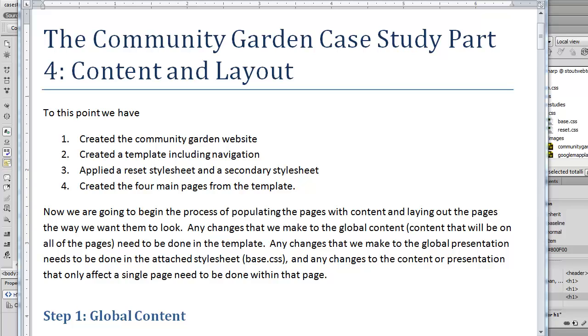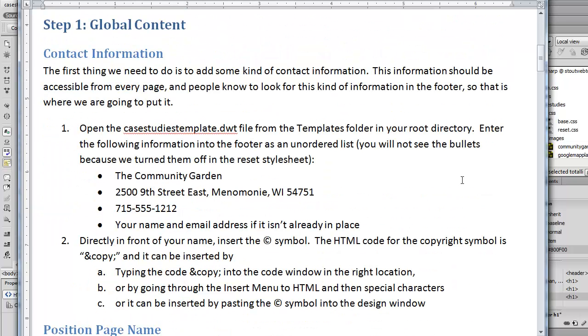Today we're going to be working on part 4 of the community garden case study. We're going to start working with a little bit of the content and some of the layout. So as we move down in here, one of the first things that we're going to do is we have